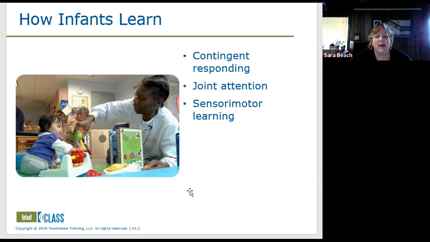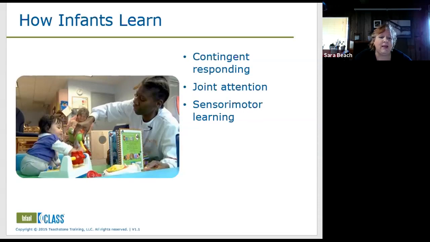Do you want to grab this? Oh, do you want to shake this? Oh, you're trying to get to the shelf so you can pull up. Okay, let me help you. So we're watching for what they want and then following their lead. And we all know that babies learn through their senses. It's the sensory motor period. That means giving them opportunities to move, opportunities to explore, and supporting whatever they're learning through their environment.